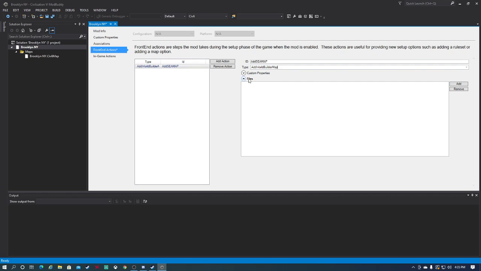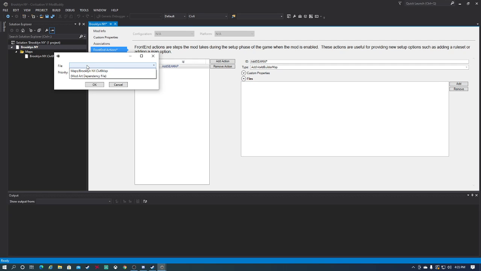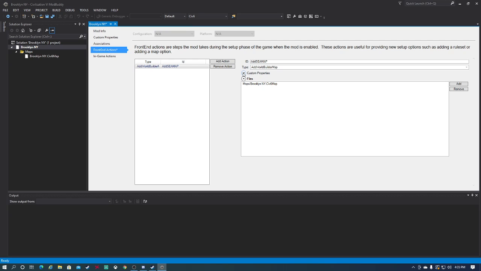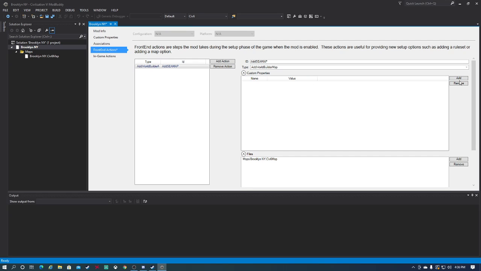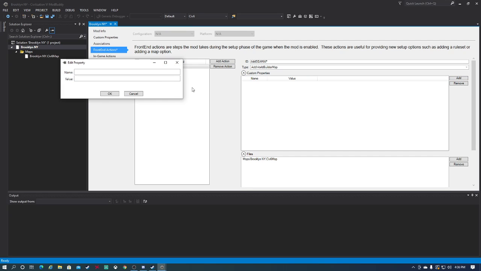Now we're going to go over to the file section. You come to files here, and you just click add. You're going to click on that thing right there and make sure you click your map. And then you press OK. Then you're going to come to custom properties. What you're going to do is add three different